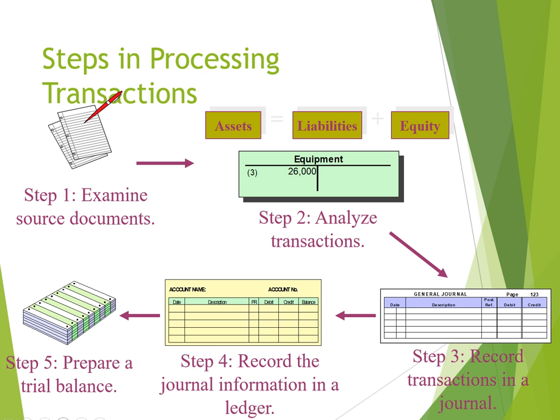So ledgers are basically those accounts in which at a particular place all transactions related to a specific account are being recorded. Suppose there are around 59 transactions of cash. All these 59 transactions, whether debit or credit, will be recorded at one place, that is the cash ledger or cash account. And then finally you prepare a summary sheet out of these ledgers, which is called a trial balance. Why is it called a trial balance?